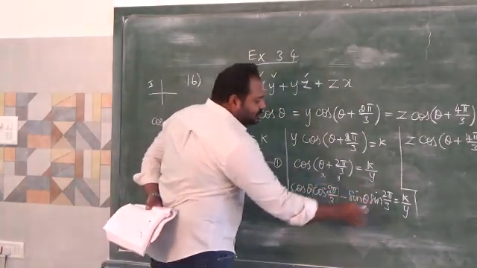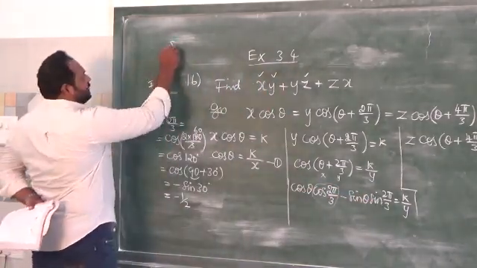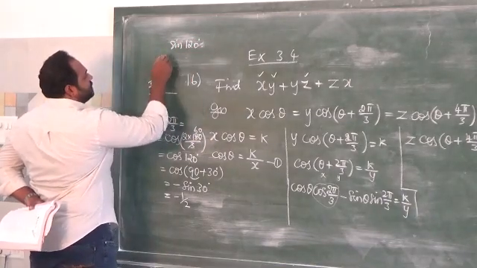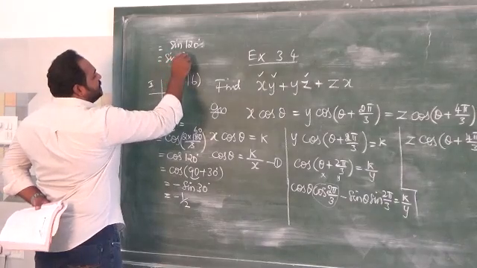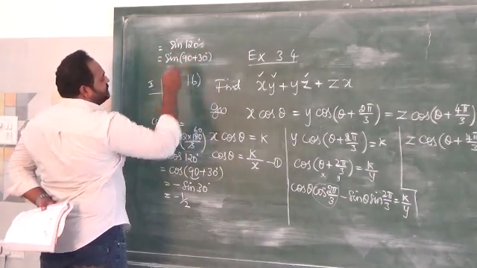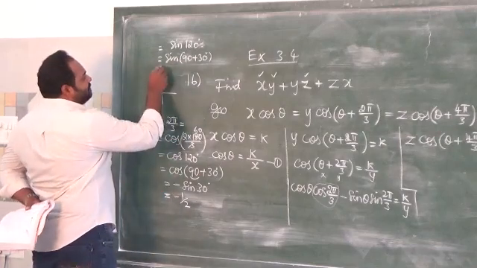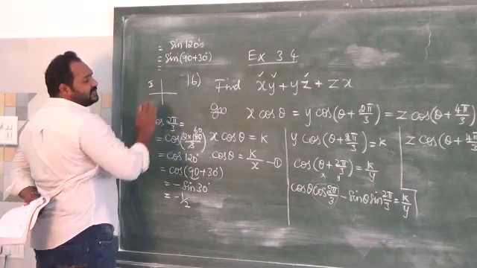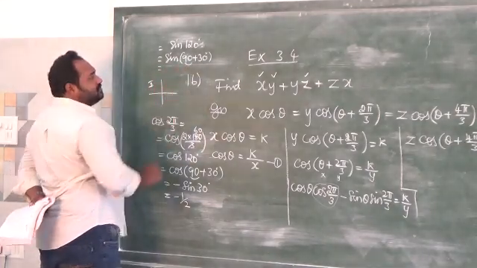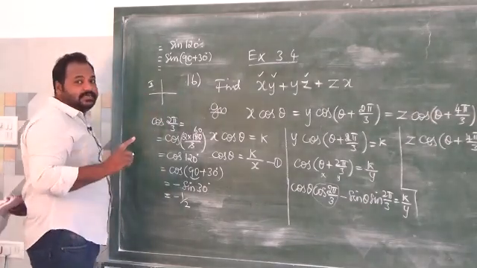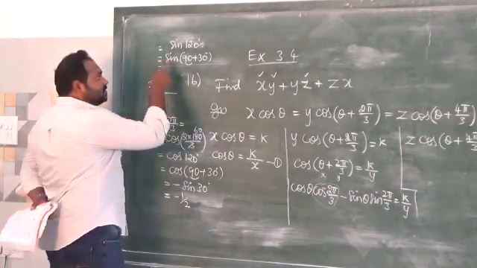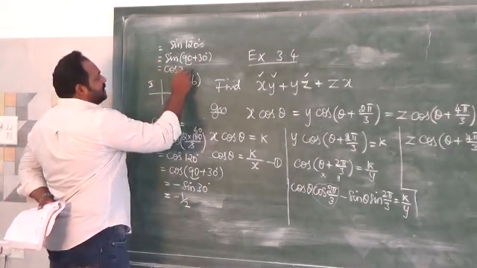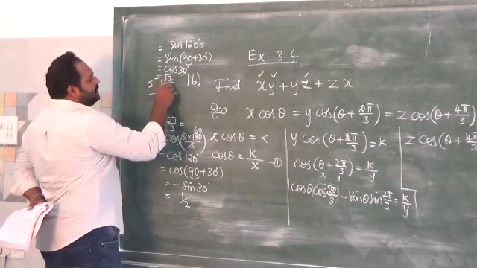Here we have sine 120 degree, so we have to find the sine 120 degree value also. This can be written as sine (90 plus 30), same as this concept. First check the quadrant. This is the second quadrant, where the sine function is positive, so no change in the sign. Because of the 90, we have to change to the co-ratio. Don't forget it: for 90 and 270 we change the co-ratio. So the co-ratio of sine is cos 30, and the cos 30 value is root 3 by 2.